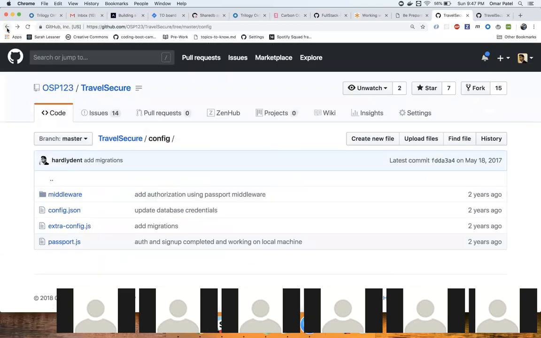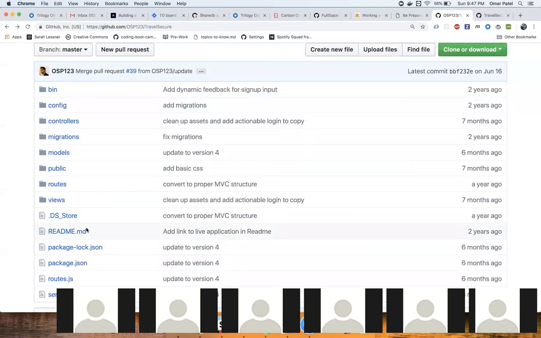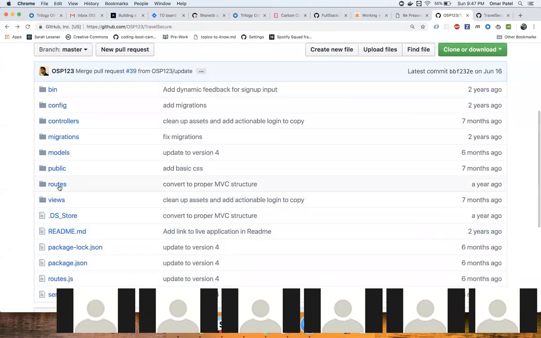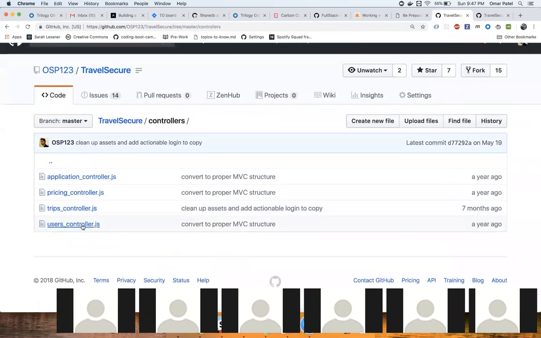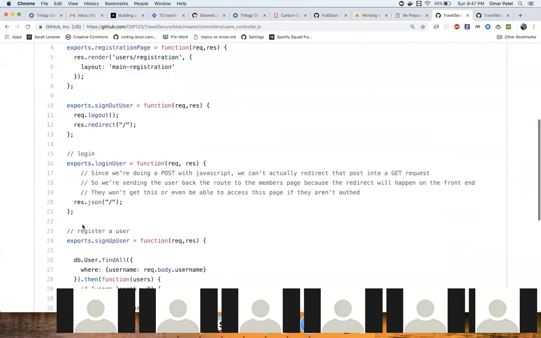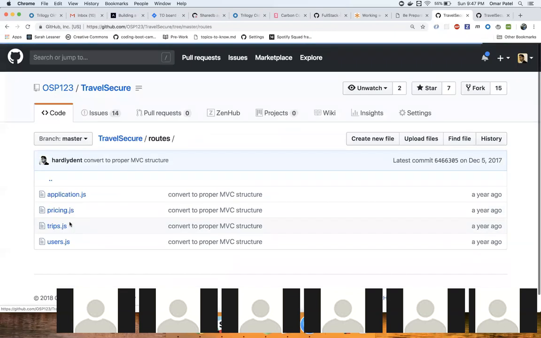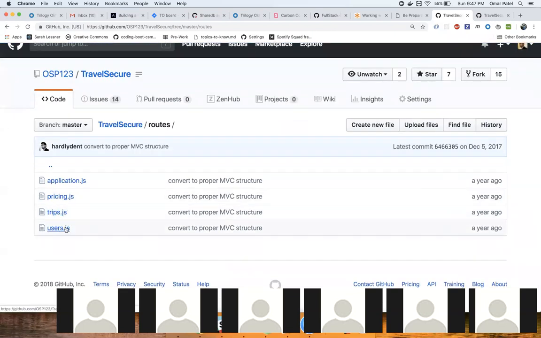So then when we actually do hit the route, I just want to show you guys some of the Passport part, because that's what you guys are going to use for authentication if you guys are using Node. So why don't we take a look at the route? So this is going to be under users, and we're going to do the login user. So if I go to the route,